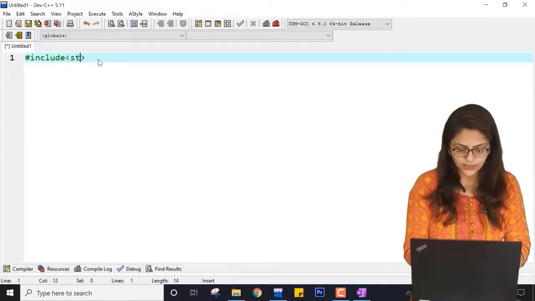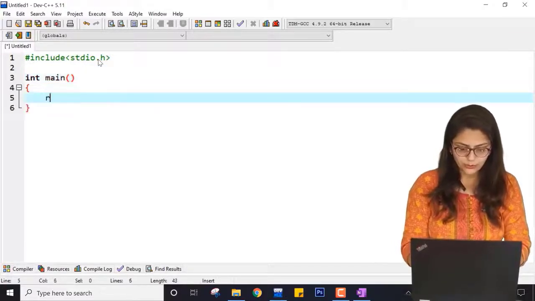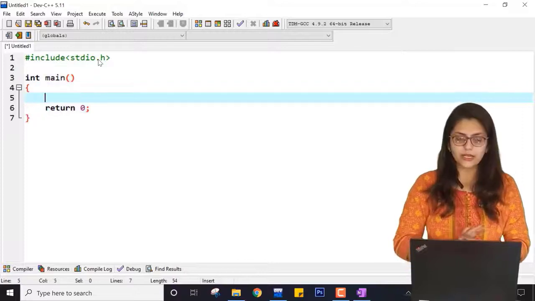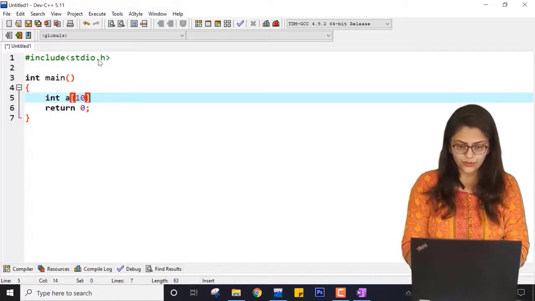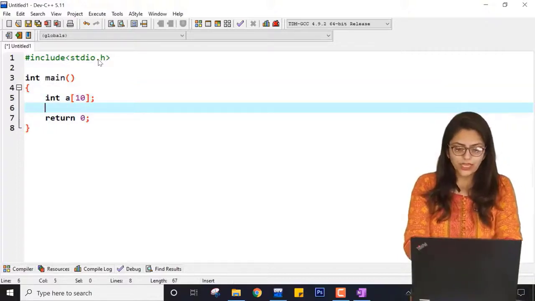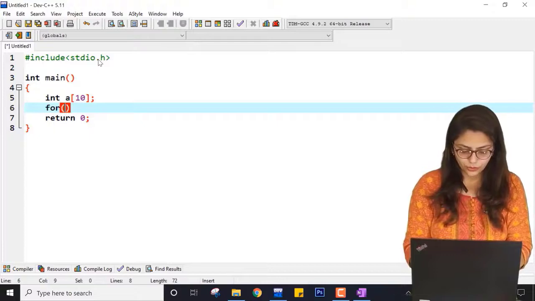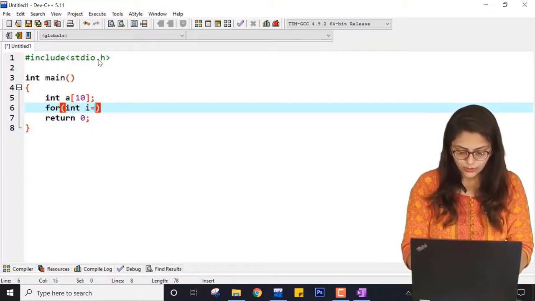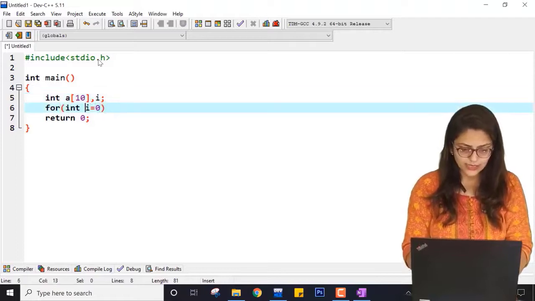So I'm first including stdio.h, then I'm including int main, then I'm using return 0, right? This is very common. Then I'm taking one array a of 10. Now I'm using a loop to take values inside the array, so I'm using for int i equal to 0, or you can say I over here, both are the same.